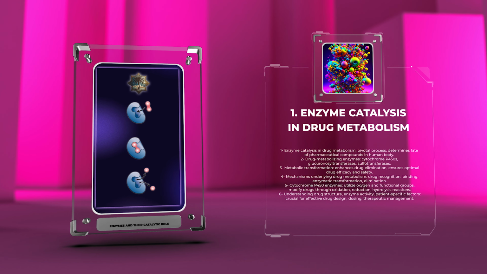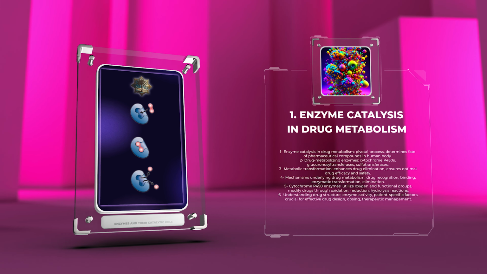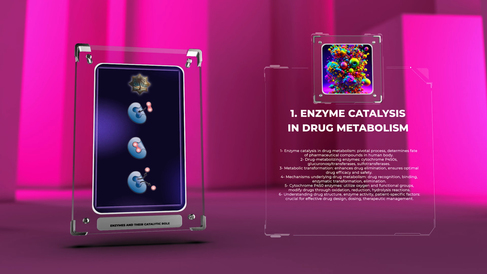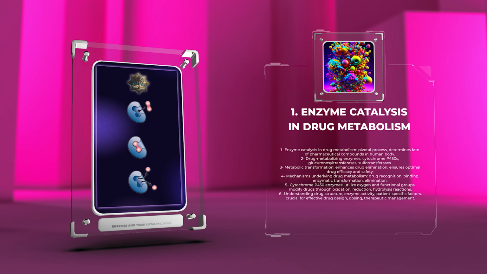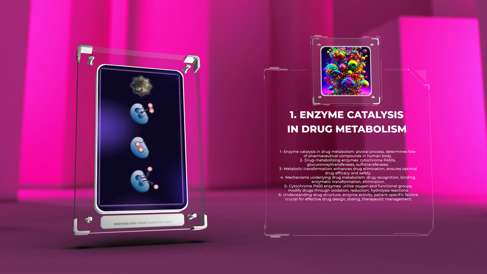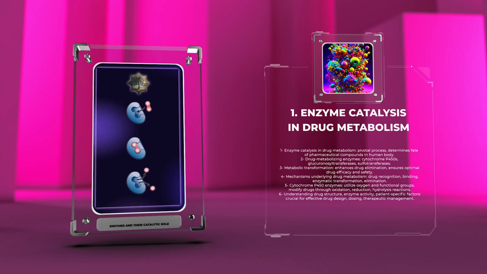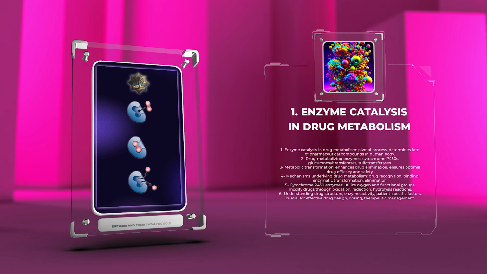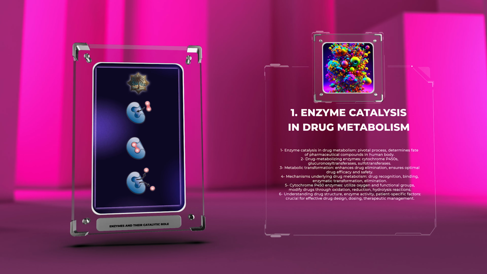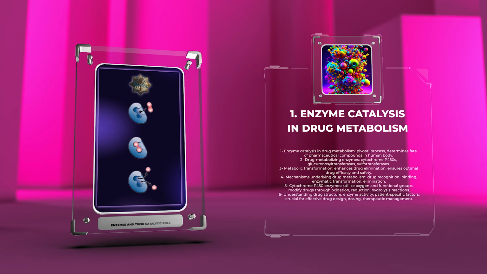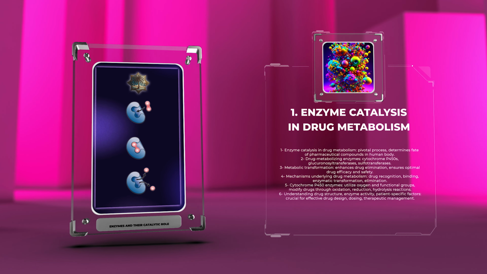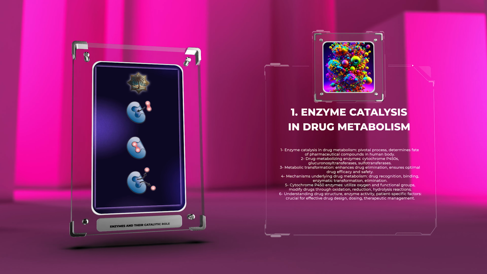The mechanisms underlying drug metabolism involve drug recognition, binding, enzymatic transformation, and subsequent elimination. For instance, cytochrome P450 enzymes utilize oxygen and various functional groups, such as hydroxyl, amine, and carboxyl, to modify drugs through oxidation, reduction, and hydrolysis reactions. These processes not only facilitate drug clearance but also influence drug-drug interactions and the development of drug resistance in certain cases. Understanding the complex interplay between drug structure, enzyme activity, and patient-specific factors is crucial for effective drug design, dosing,